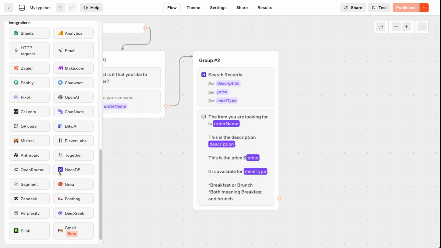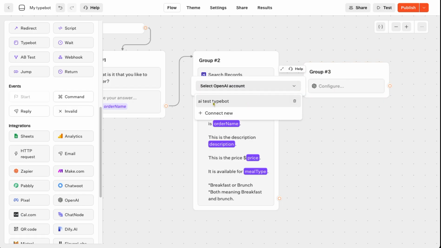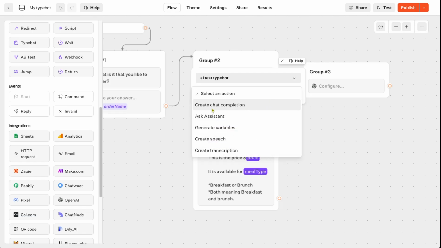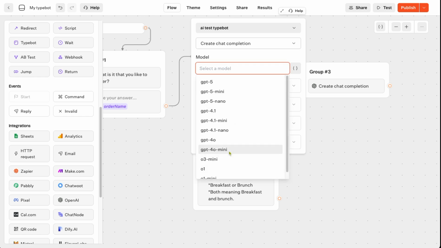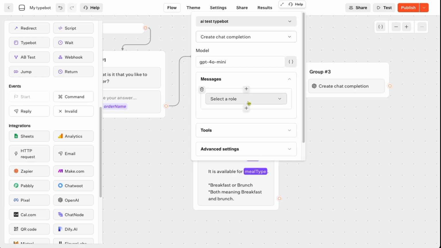All right, so what we need to do now is to add OpenAI. We just need to find the account. So we are going to create chat completion, and the model is 4.0 mini. Now we're going to create a message, and the message is assistant. So we're going to say, using the info given in